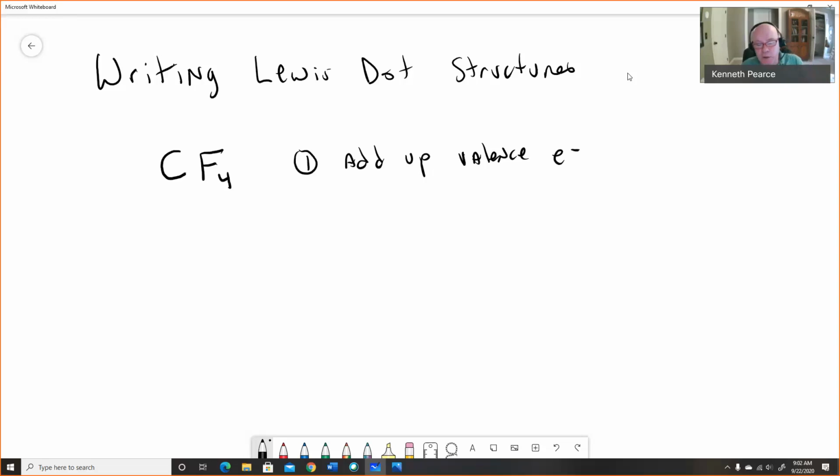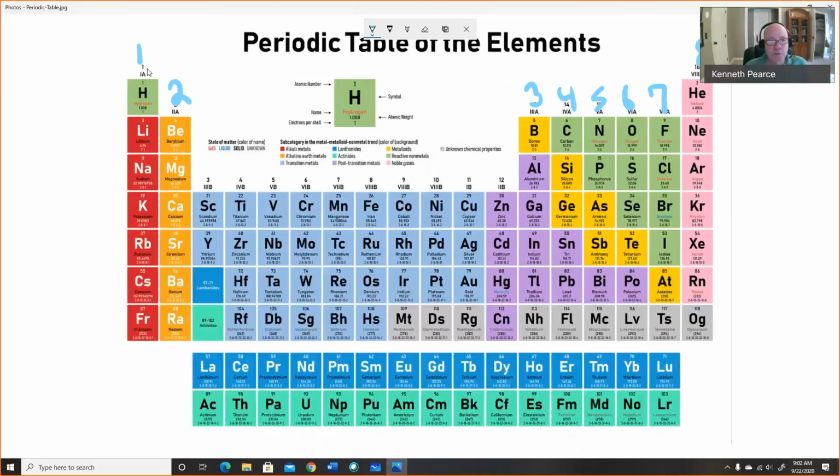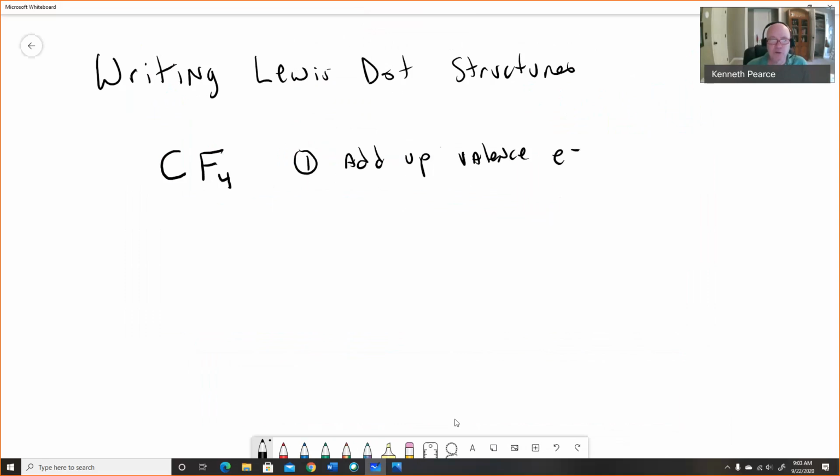And where do we find the valence electrons? Well, we find the valence electrons on the periodic table. And you look and you see, it goes 1, 2, 3, 4, 5, 6, 7, 8. It's the same as the group number. And so we have carbon tetrafluoride. And so carbon is in the group that has 4 valence electrons, and fluorine is in the group that has 7 valence electrons. So we would say for carbon, we have 4 valence electrons, and for fluorine, we have 7,